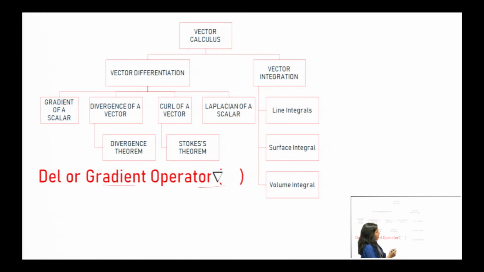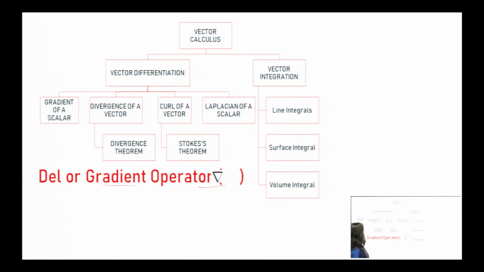Laplacian maps a scalar into a scalar and a vector into a vector. However, curl maps a vector into a vector, means it transforms a vector into a vector. Divergence transforms a vector into a scalar. However, gradient maps a scalar into a vector. One thing should be noted here, that this Nabla operator or gradient operator is not a vector itself, but when it is applied on any kind of scalar it transforms that scalar into a vector quantity.